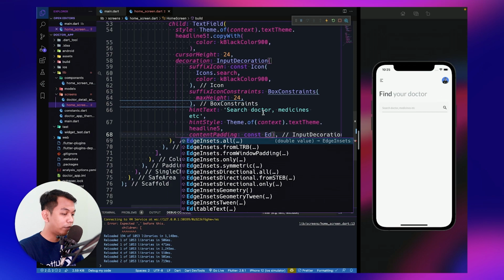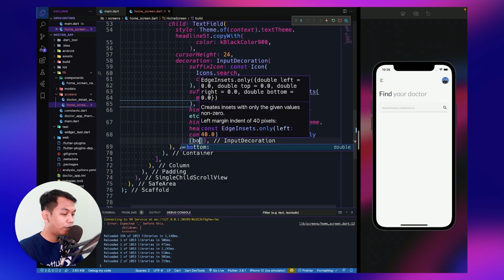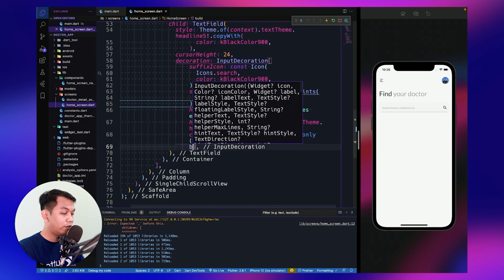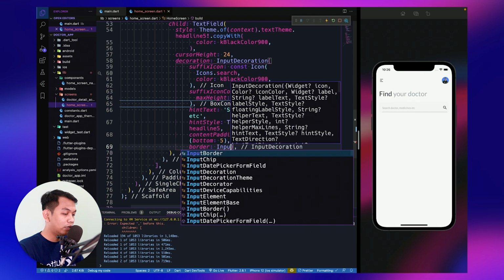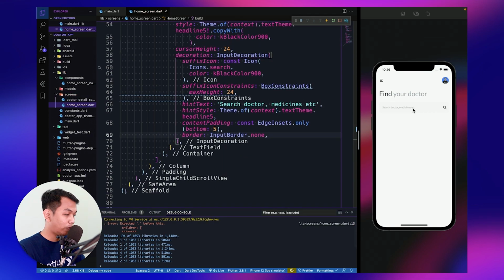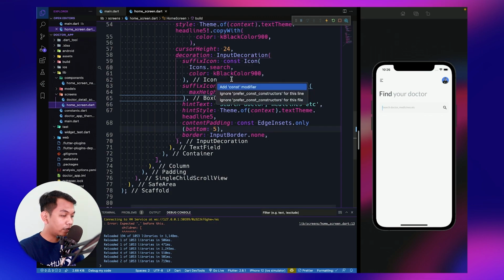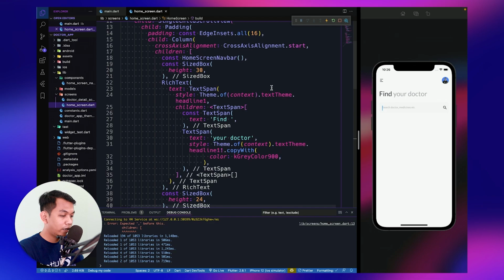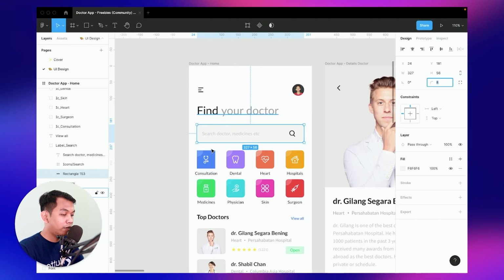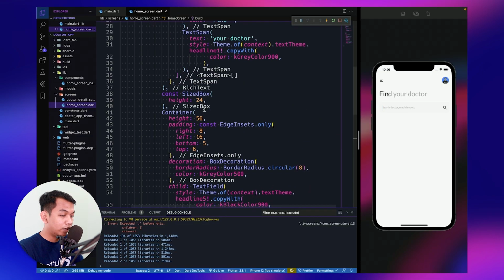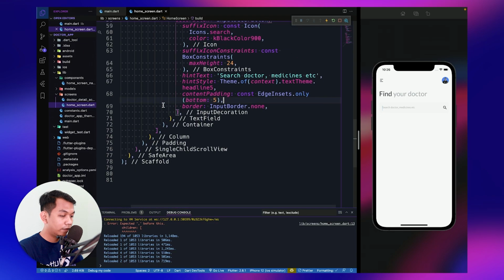For our contentPadding, we say only bottom 5. And for the border, we say InputBorder.none. And now we see we have removed the underline. So let's add this const here. Yeah, look like this.